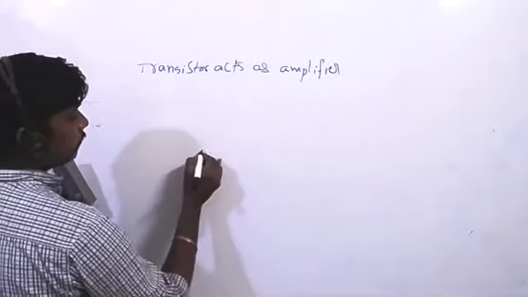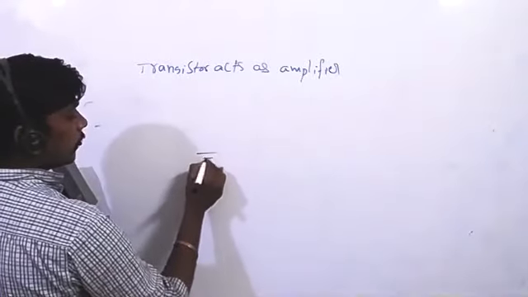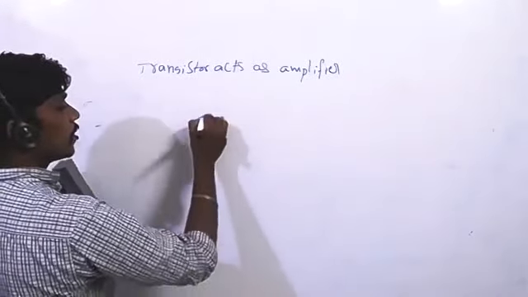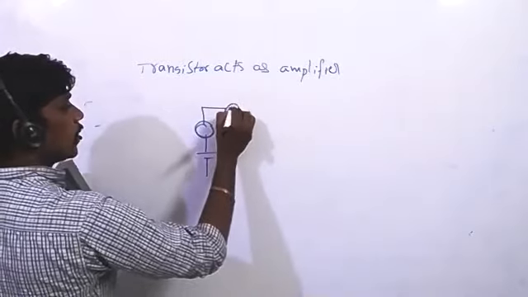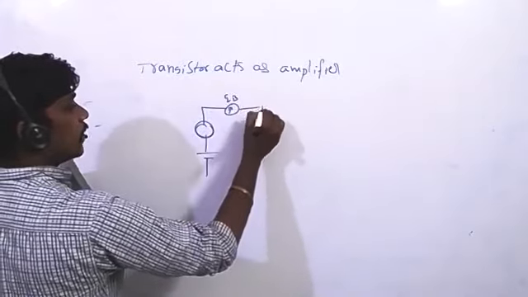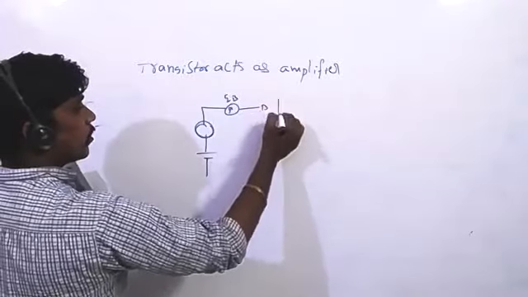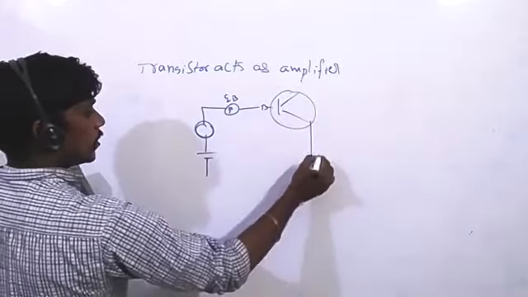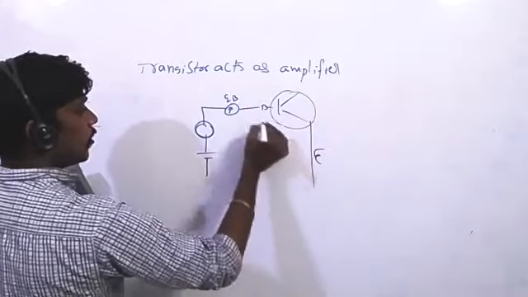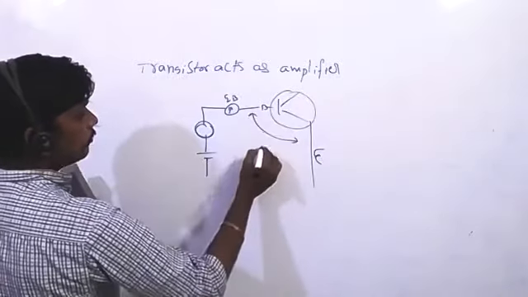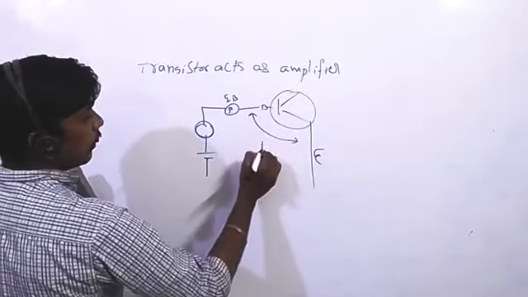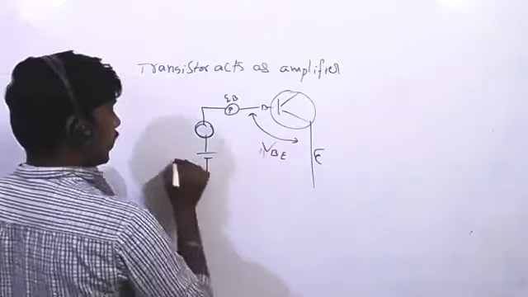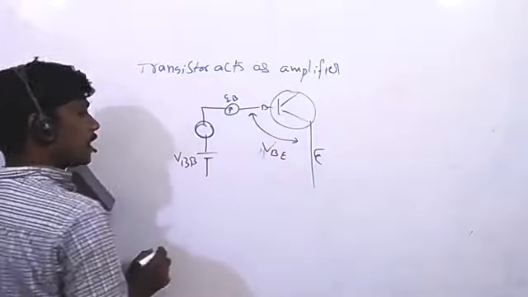So in the diagram, there is a signal. If there is no signal, what will happen? And if the signal is there, what will happen? Here there will be a base current, a rough diagram just, with the collector and emitter. This is the voltage, which voltage? Emitter base voltage. It is VBB. Now look at this.